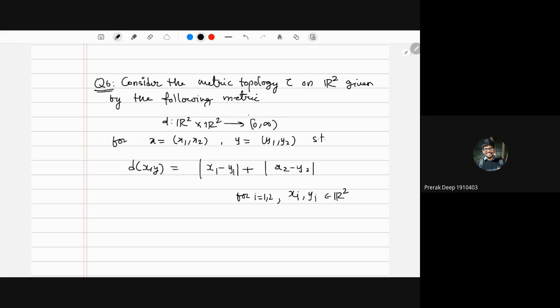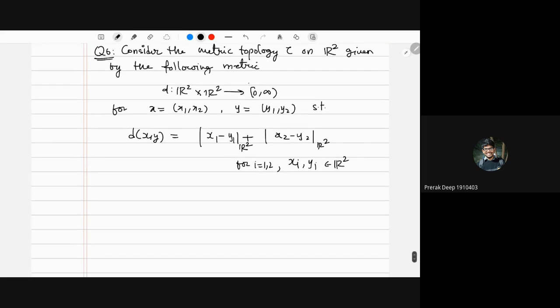So this norm is an R2 norm. This needs to be noticed. Now the question is, this is a given set of all x, y in R2 whose distance, so this is the metric on R2,